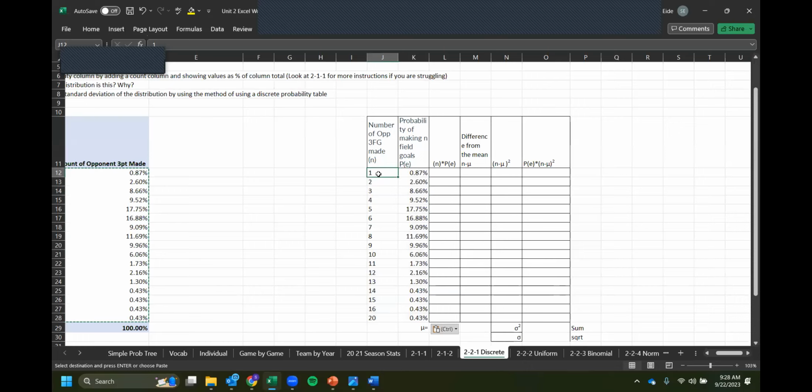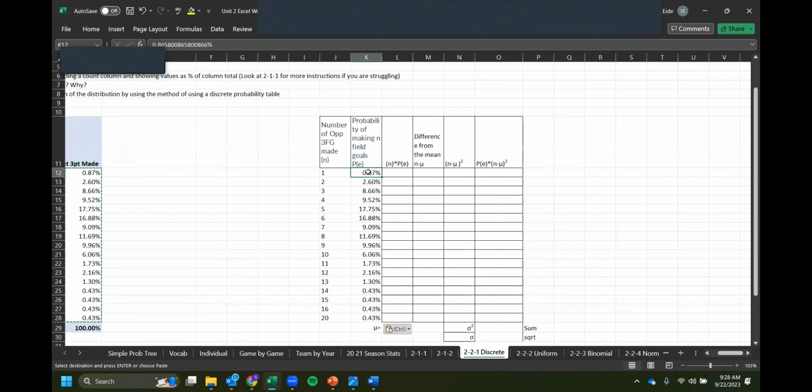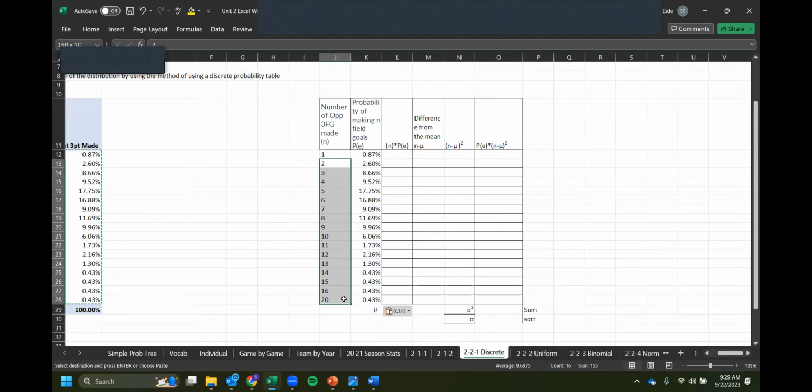Okay, so now we've got the number that they made, the percent, the probability of them making it. And for all of these, what you've got to do is just follow the notation. So we've got n multiplied by the probability of it. So it really should say probability of n. So we have the n, or the number, the value of the observation, and we're going to follow this right here. So equals